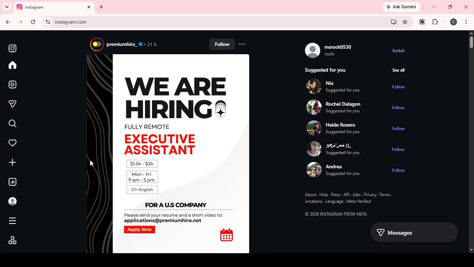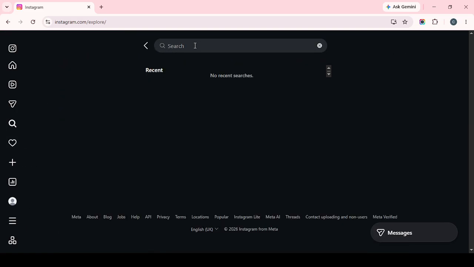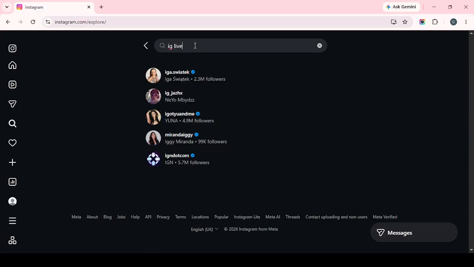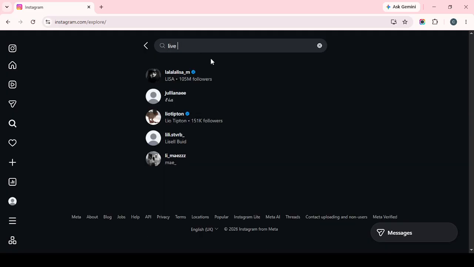Good examples include terms like live, IG live, or hashtags related to streaming, such as live stream. The idea here is to use simple words people commonly include when they're broadcasting or promoting a live session. If you're looking for a specific topic, you can also combine your search with a niche term in your own app. But the main approach is to start with broad live related keywords so Instagram has more chances to surface